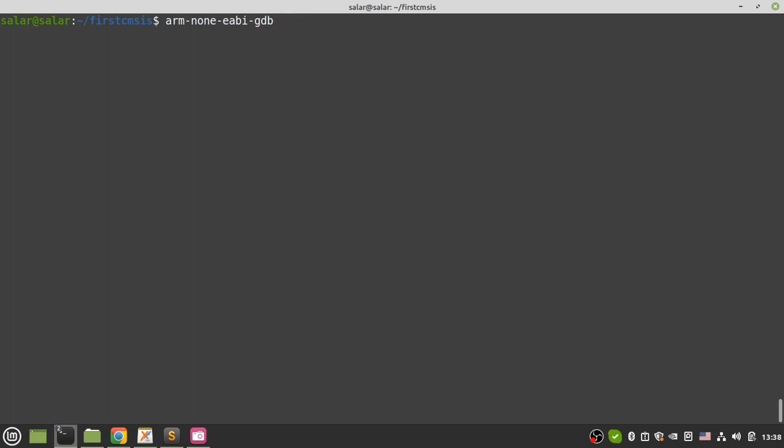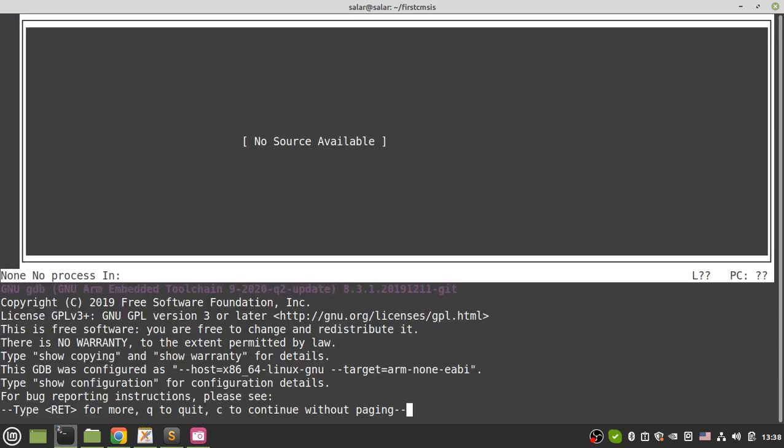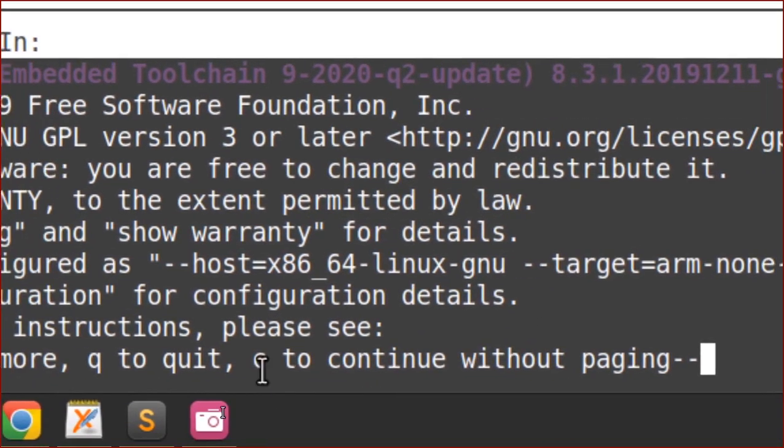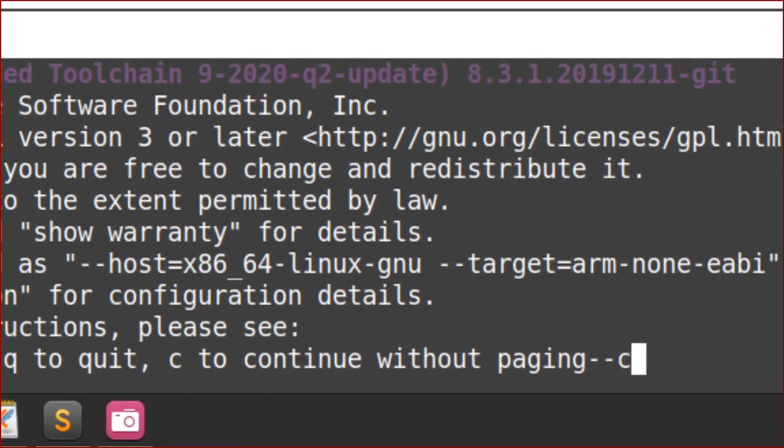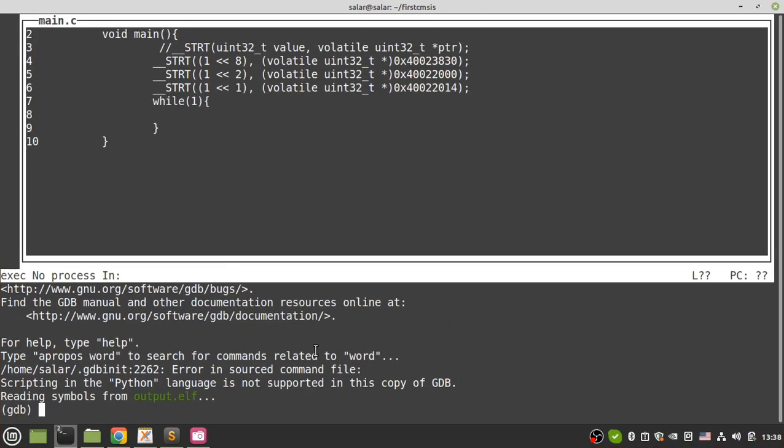But if you want to have a more interactive and more beautiful GDB and debugging for your microcontroller, you can run your GDB in text user interface. This option makes your GDB and debugging more interactive. You don't have to use that, but it's better to use it, and run output.elf. Now try to type C to continue, type C and press enter. Now I have my program here, but